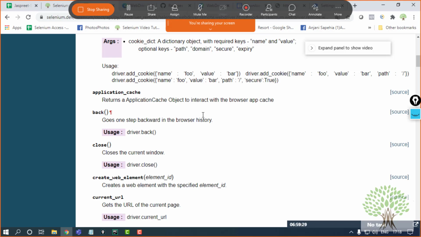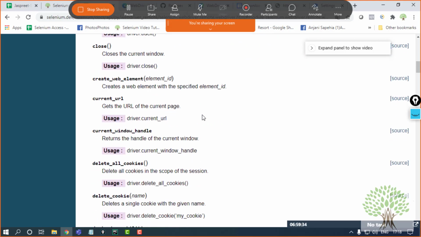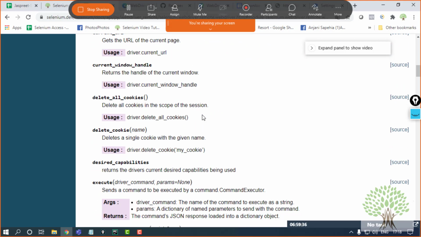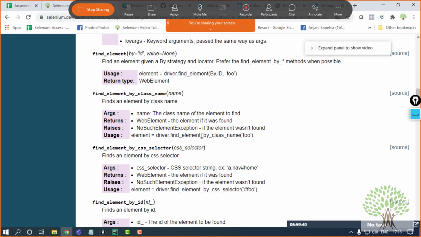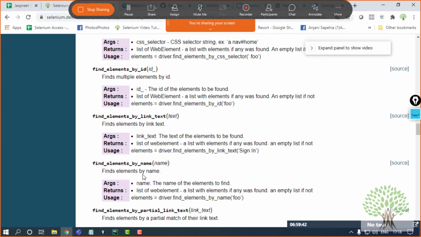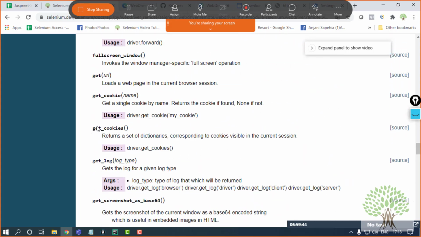Any browser, that means any, the Chrome, Firefox, Internet Explorer, Edge, anyone. Out of these functions only, we are going to select a function to open up a browser. And that function is the get function, this one. This will help you to navigate to some URL.